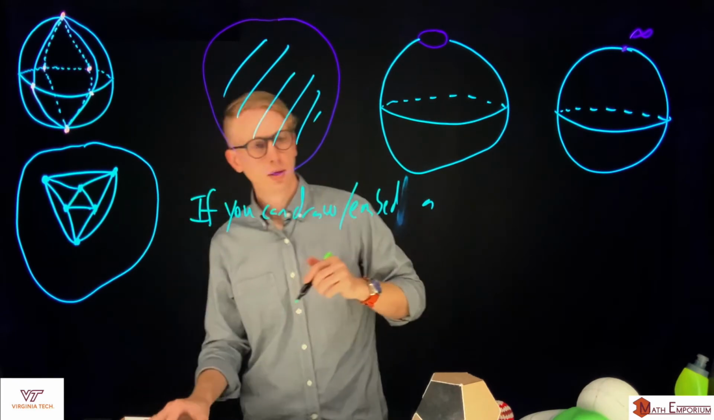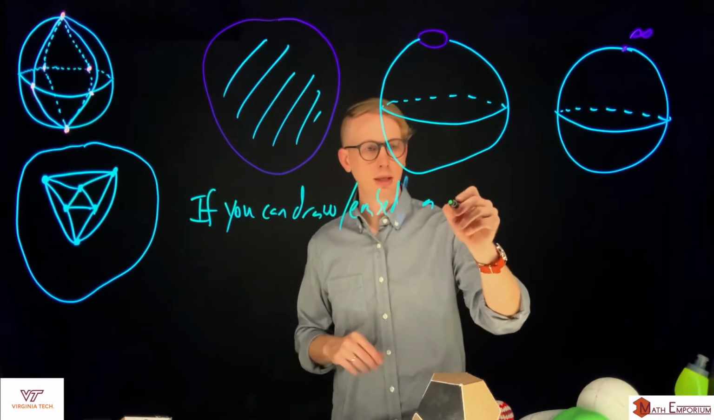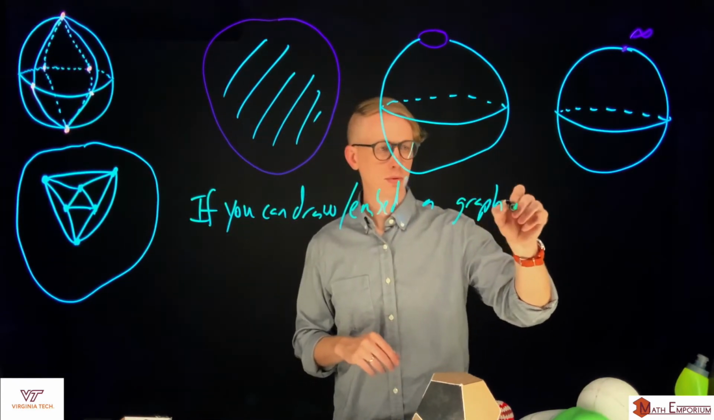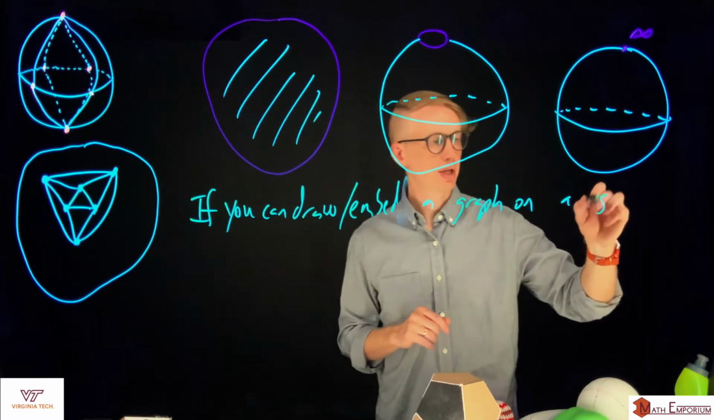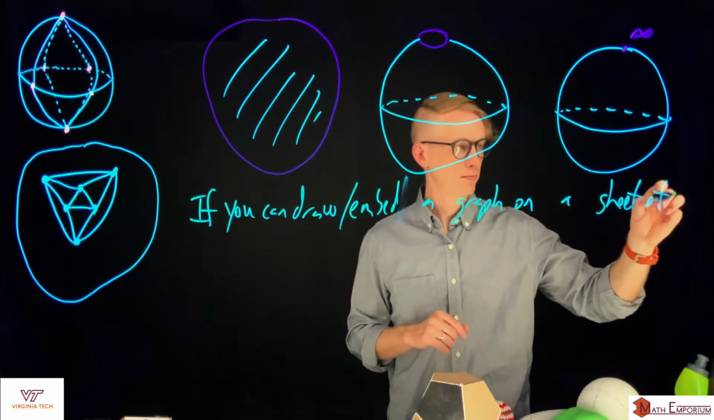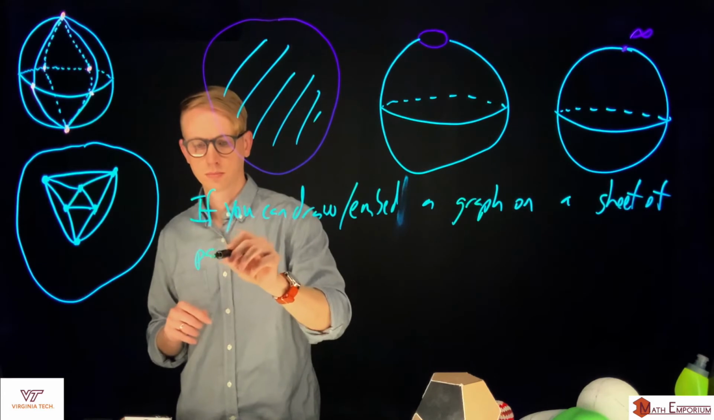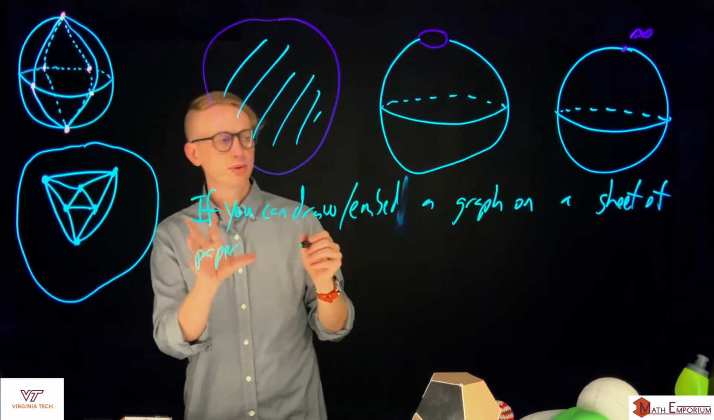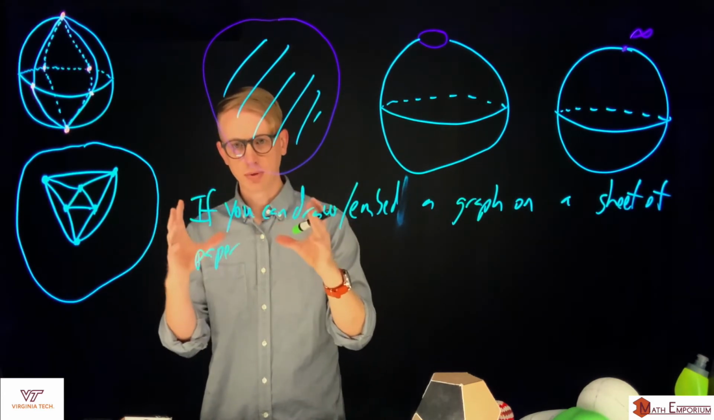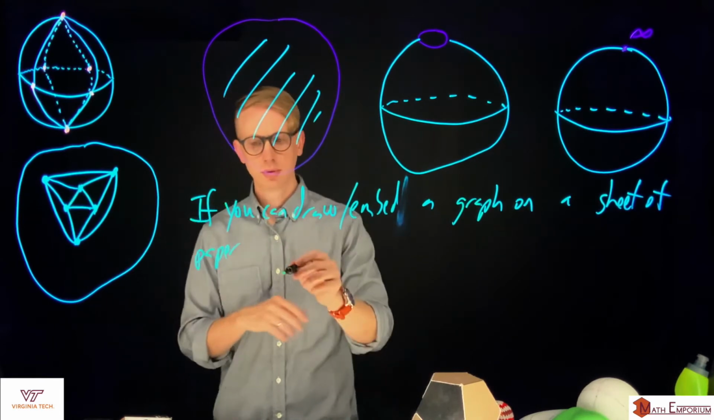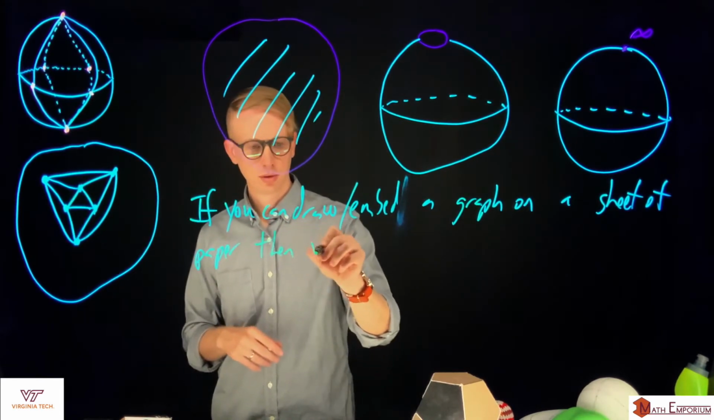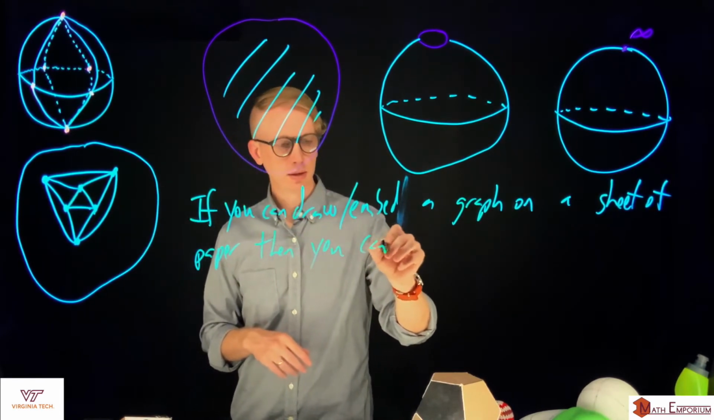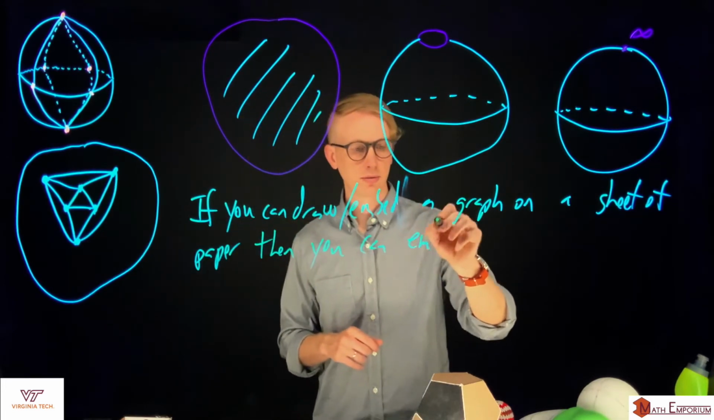There you go. If you can draw or embed a graph on a sheet of paper, right, you can be precise, so you mean this in a region of the plane. If I'm just going to say sheet of paper, then you can embed that graph